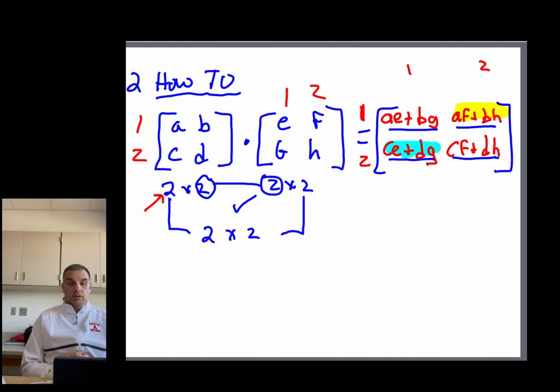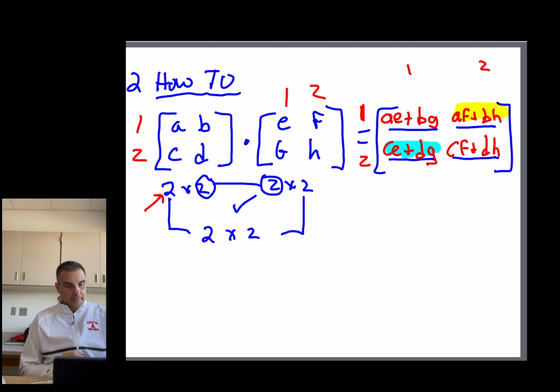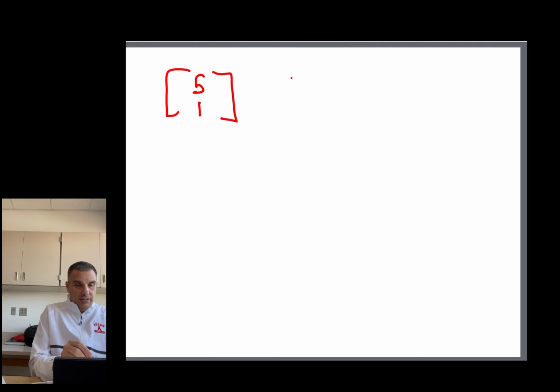That's how we go about multiplying them, and that's kind of the style that you're going to follow when you're multiplying these matrices together. It's always rows by columns. Multiply the elements and then add the other set of elements. Okay, so AE plus BG is how we go about doing this. So let's go back to that original matrix that we made. We had 1, 5. Okay, so we had 5, 1. And then our second matrix that we had was 4, 1,